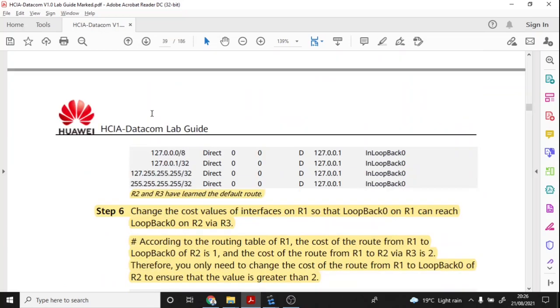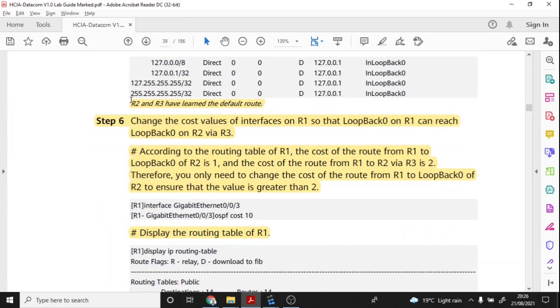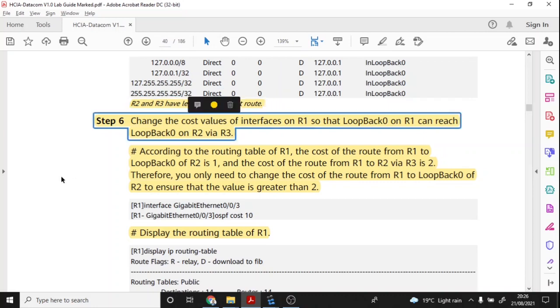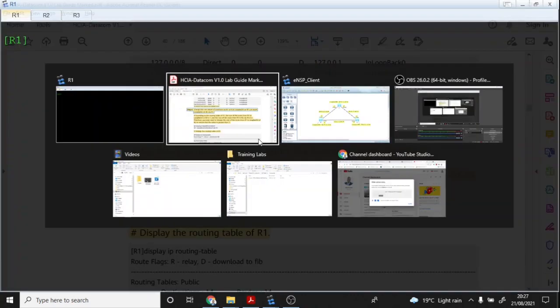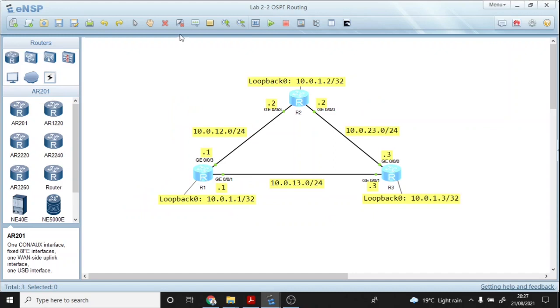Okay, so as we've just seen, R2 and R3 have learned the default route because they've been installed in the routing table. Now, we want to change the cost value of the interface on R1 so that loopback 0 on R1 can reach loopback 0 on R2 via R3. So, what does that mean? Currently,